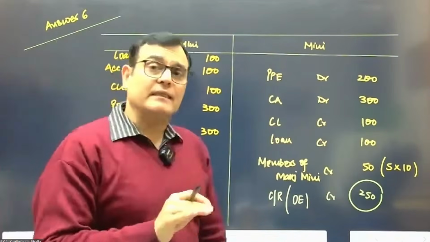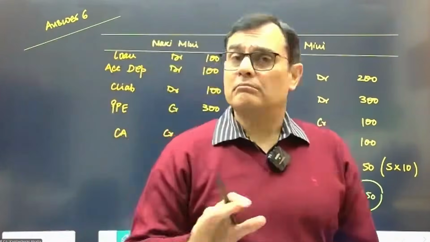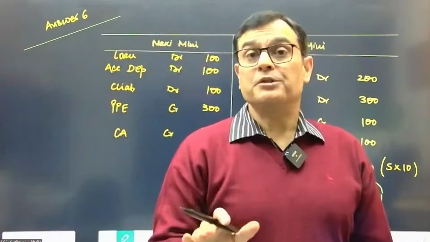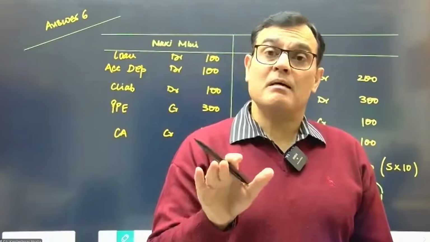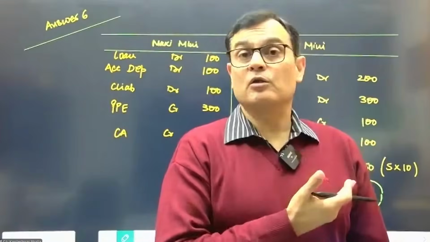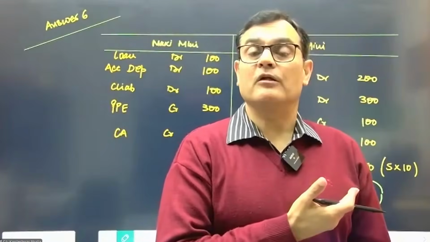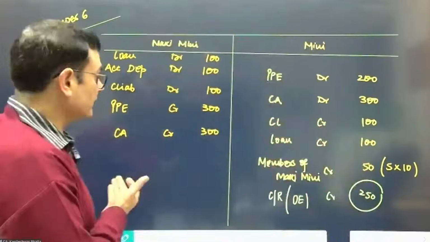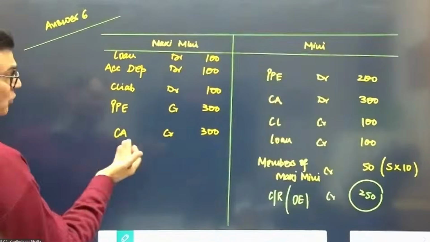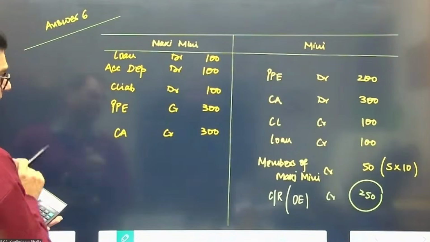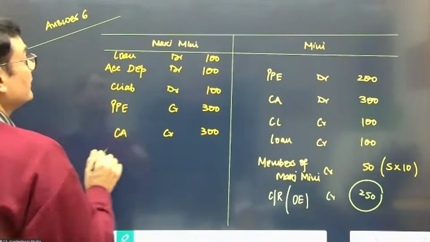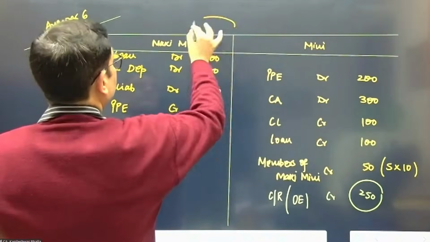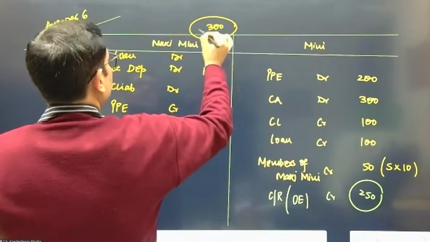Is Maximini getting any purchase consideration? No. The consideration is given not to the company but to the members of Maximini, so he cannot show anything recoverable from Mini Limited. So can I say we just need to close this entry? So where are you going to take the balancing figure? This time we're getting a balancing figure on the debit side. So where do we take this balancing figure?